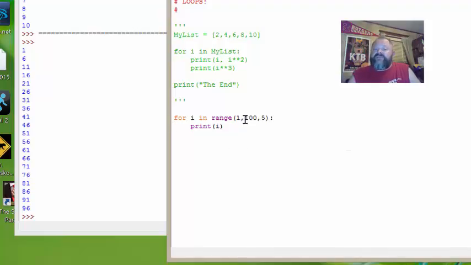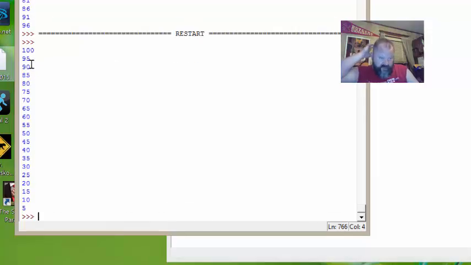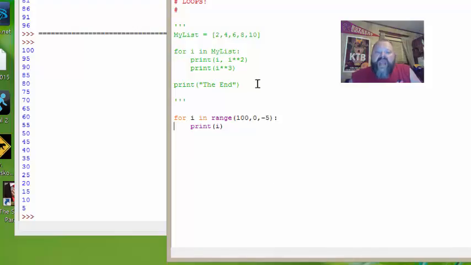The last thing, which is pretty interesting if you ask me, is we can go backwards. I can tell it to start at 100, go to 0, and decrement by -5. So when I run this, you can see I start at 100, and I go all the way down to 5. So that's pretty neat too. So range is just a way for us to create lists that we can iterate over. So the classic way to iterate, if you learned with Java or you learned with some other language, is to,